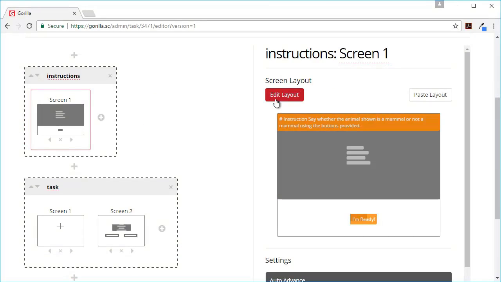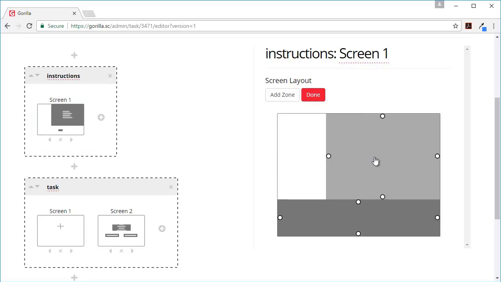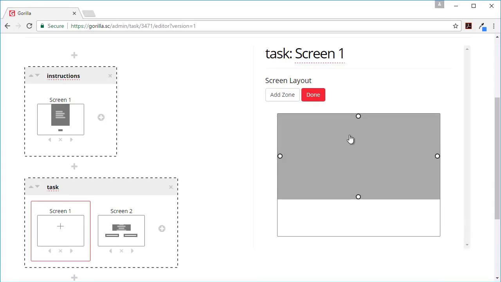Now one of the things I felt was that the text of my instructions was slightly too wide, so I'd want to bring that in a little bit. So now the text will only be displayed in this area. And I also thought that the fixation and the text weren't brilliantly lined up. So let's line those up as well.